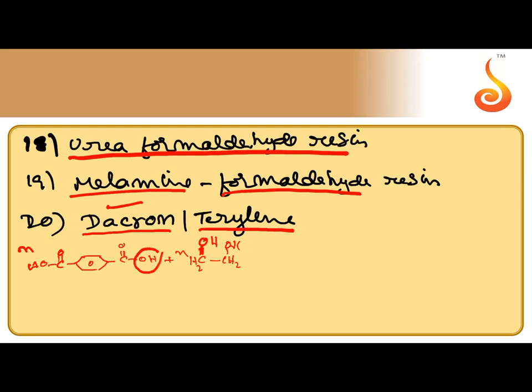During esterification, OH comes from the acid, H comes from the alcohol. So these two get connected through an ester bond, CO, O of the ethylene glycol. You observe how to write the repeating unit in a copolymer. These two get connected, so the bond responsible for the combination of the two monomers is ester. That's why this is called polyester.